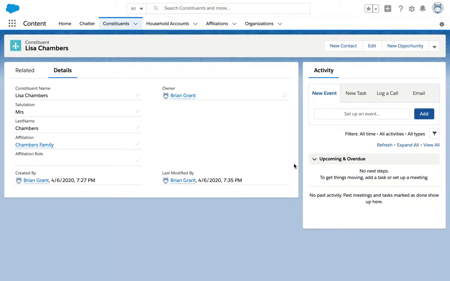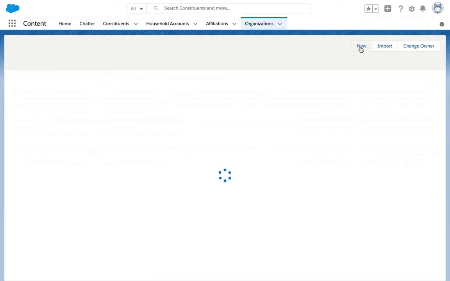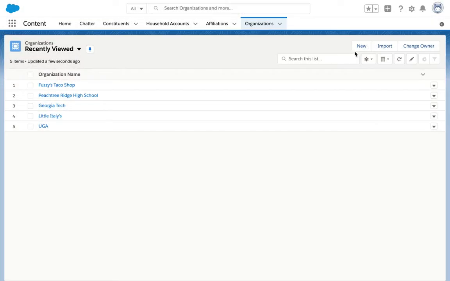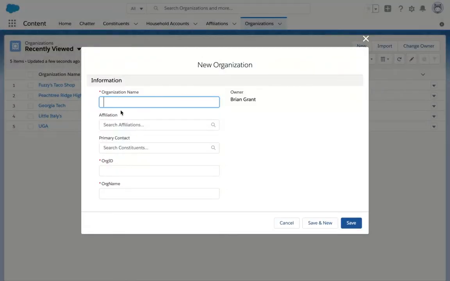The next user story was manage organization. The first acceptance criteria was to create a new organization. This is done by selecting the Organizations tab and hitting New. The organization name, org ID, and org name are all required fields, meaning that the organization can't be created unless